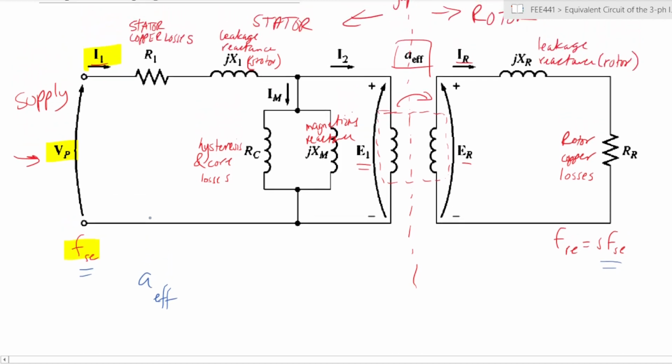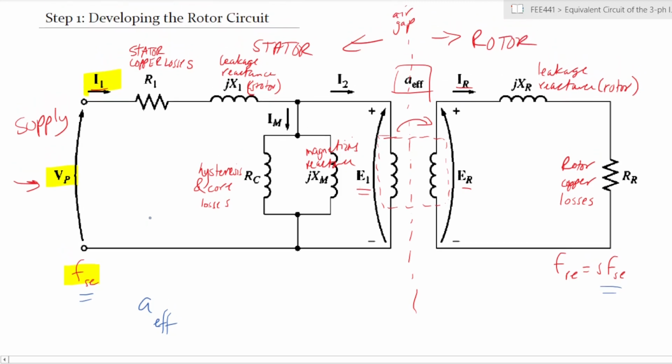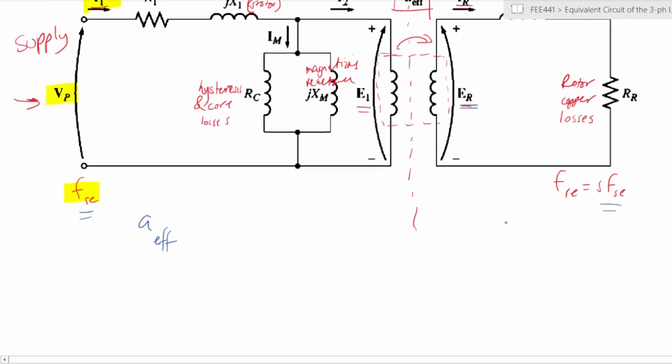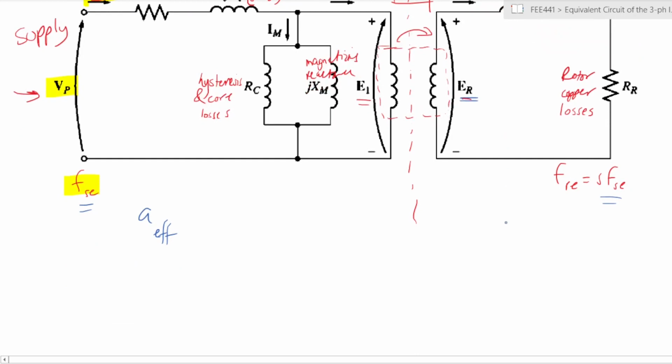So now, how do we deal with that a bit further? Let's look at the rotor circuit itself. We said that the voltage, this ER, is dependent on how much voltage is coming from the other side, which is EI. In fact, we will have a relationship given by ER is equal to the slip times something which we call ER0, where